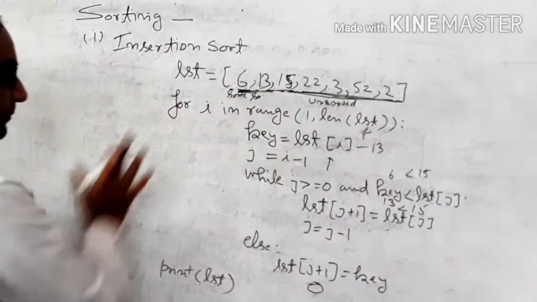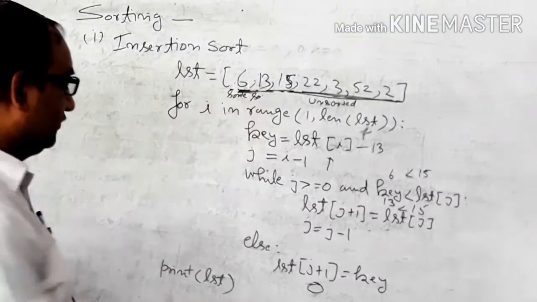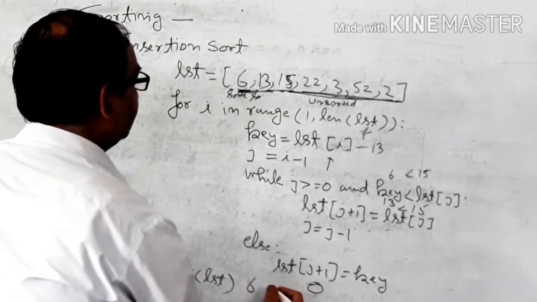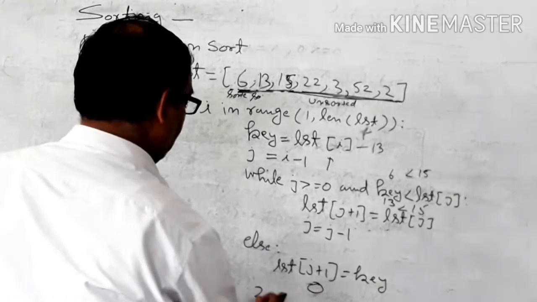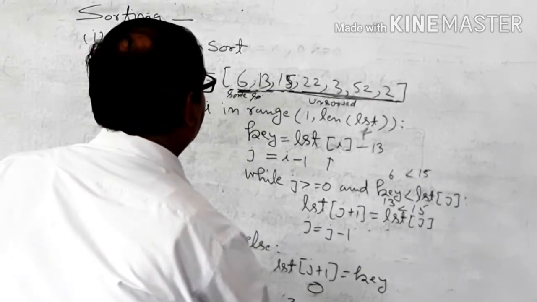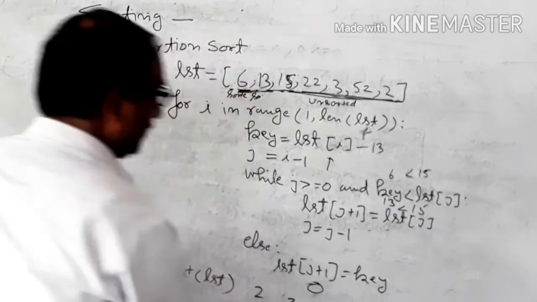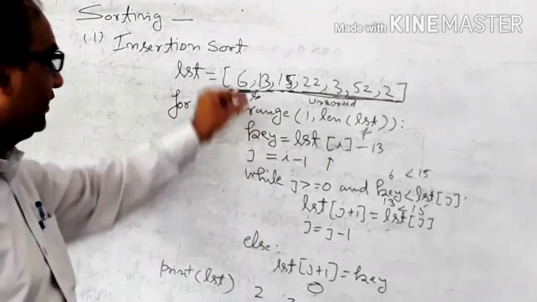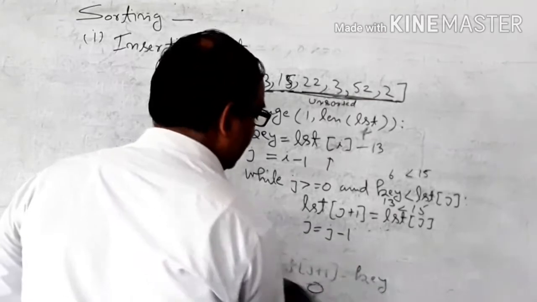So we process this one by one, and we take 6, 13. So finally we take 6, 13, 15 and 22. So this is the sorted end. That is very easy. You can put up the value one by one and take, that is very easy. Okay. So this is the example of insertion sort. Now the bubble sort, that is also very easy.